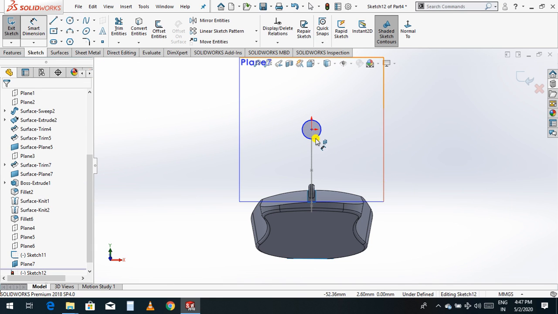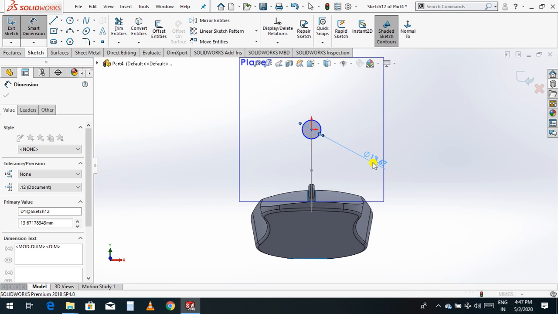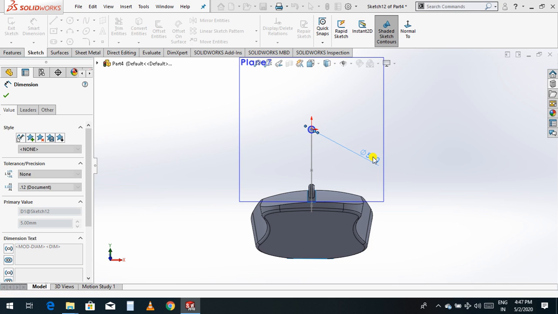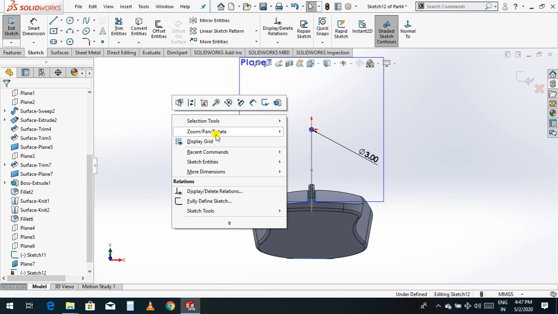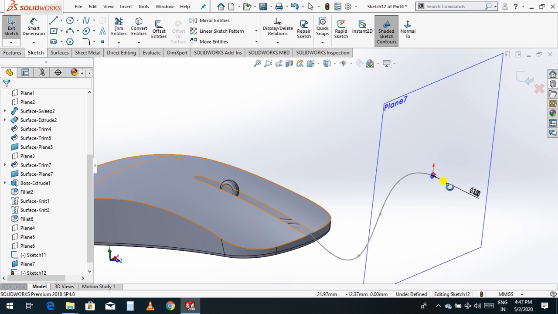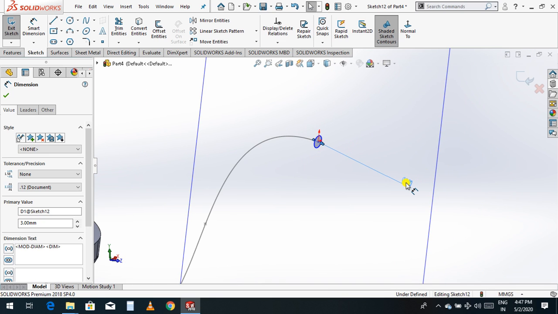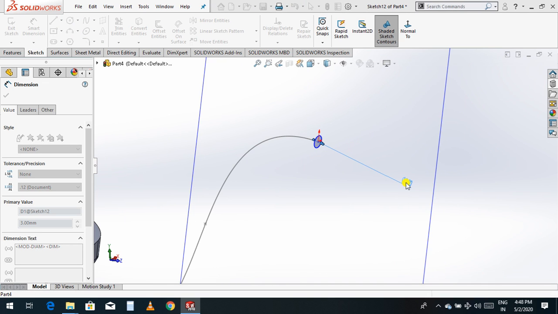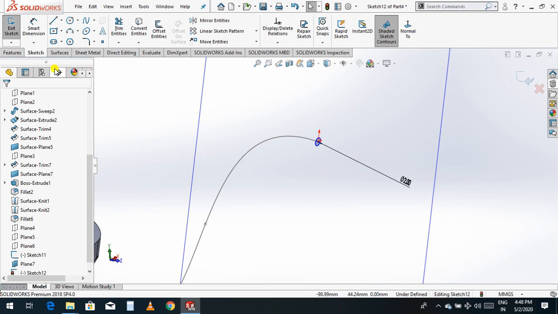Go to smart dimension and give a 5 radius. I'll take it 3 radius. Okay, now just rotate. Now it is fine. Again it's too high a value, I'll give it 2. Click OK.